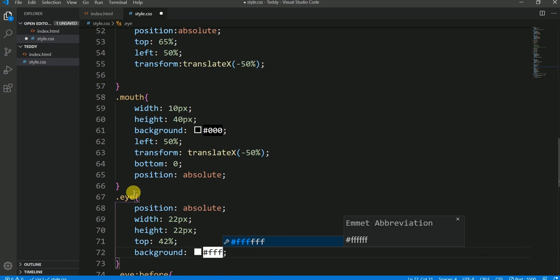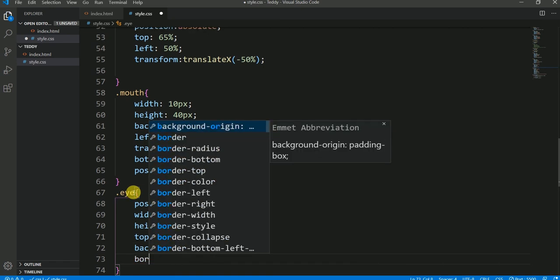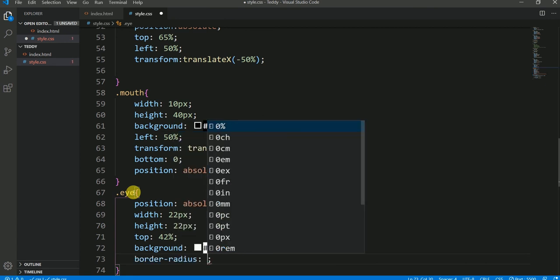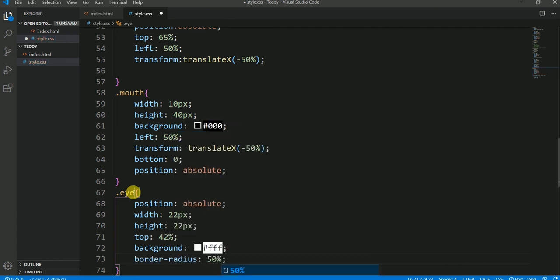And then here border radius would be 50%, and same,